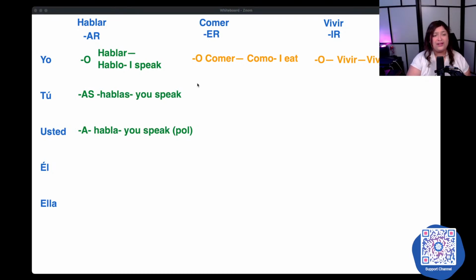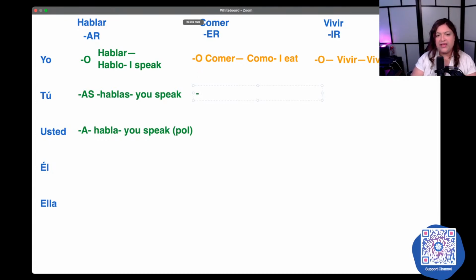Now let's take a look at the ER-IR forms. Here, both ER and IR, you can see how they're in the same color because, for the most part, in the present tense, they're going to share the same ending. One thing which I apologize, I did not mention, the verb conjugations that I'm showing you are in the regular present in Spanish.